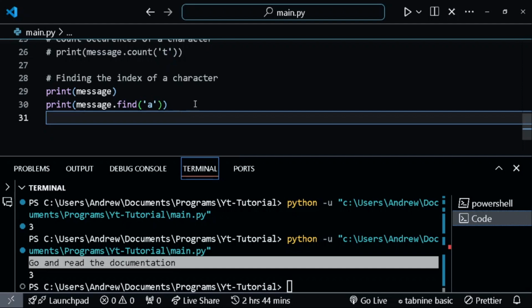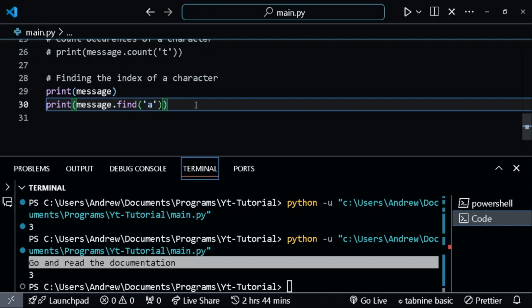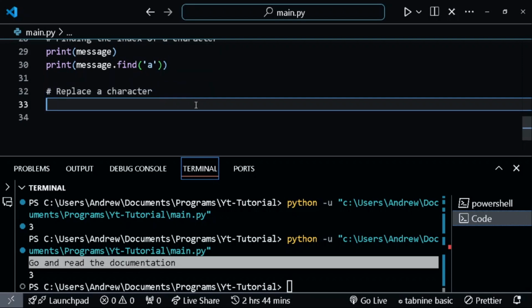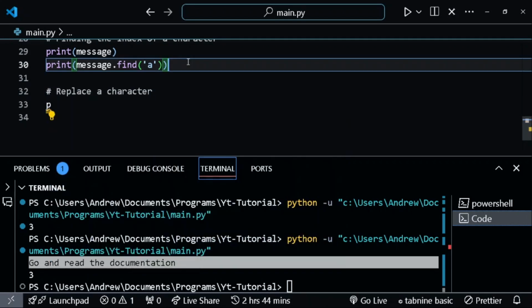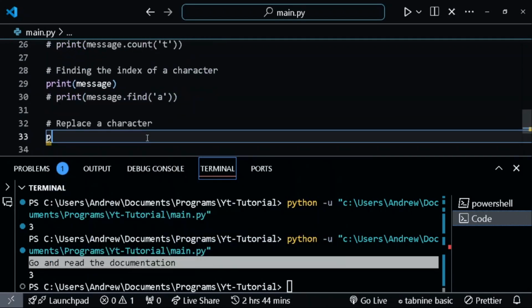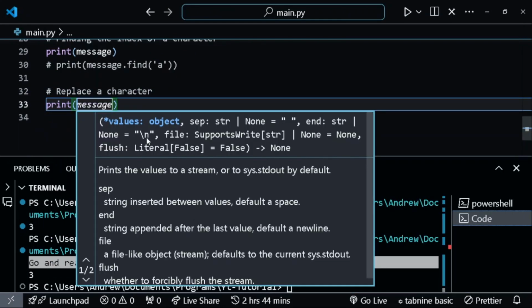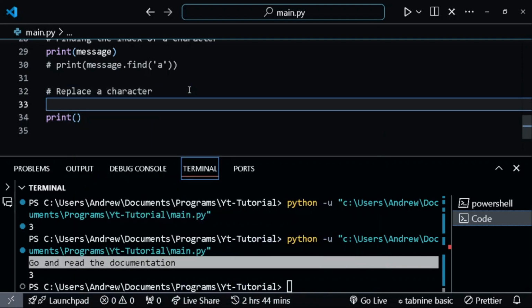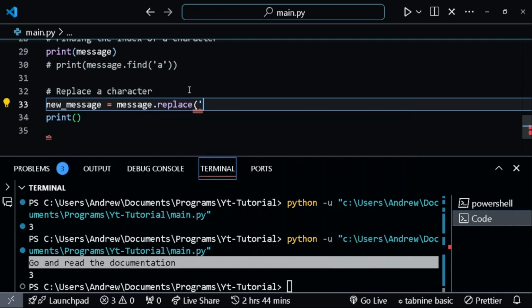So now, how can we replace a character? To replace a character, all we need to do is just print out. Okay, let me comment this. All we need to do is print this out and say we want to have message B. Nevertheless, let's just have a new variable called new_message right here, and this is set to message.replace. Now we want to enter the character or the string that we want to replace in this word, and then